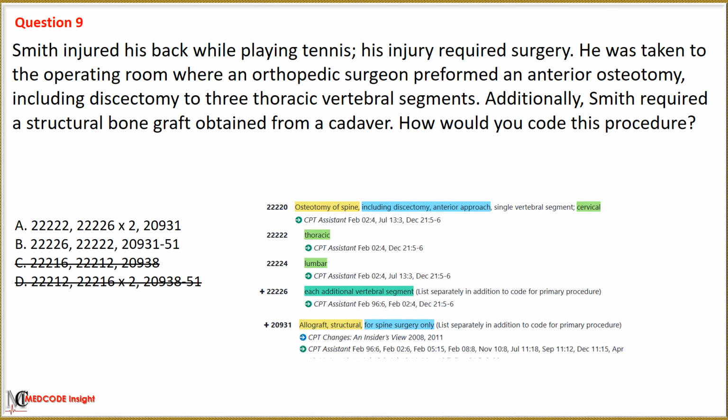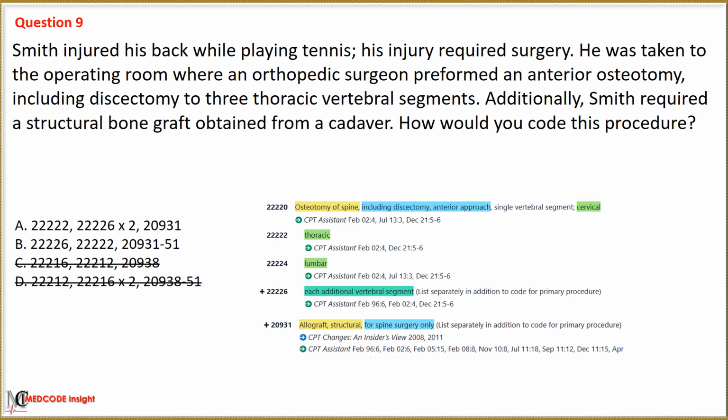In both remaining options, the initial codes are used for osteotomy of the spine, including discectomy with an anterior approach. The subcodes vary based on the region of the spine, and the add-on code is for each additional vertebral segment. Since the osteotomy in this scenario is performed on three thoracic vertebral segments, the correct option is option A.